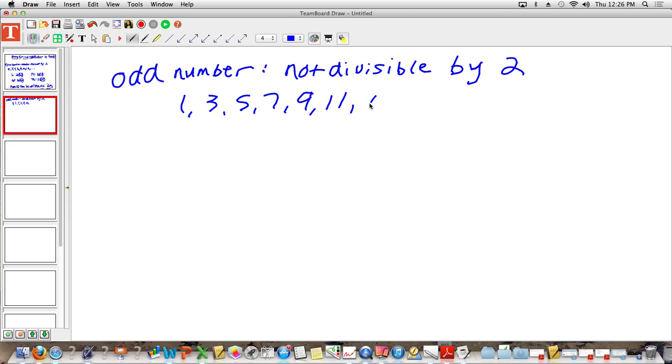11, 13, and then I'm just going to go dot, dot, dot, because I could spend the rest of my life listing these and I would never list them all. So those are examples of odd numbers. Now, what I would like you guys to do is try writing odd numbers as 2 times something, but